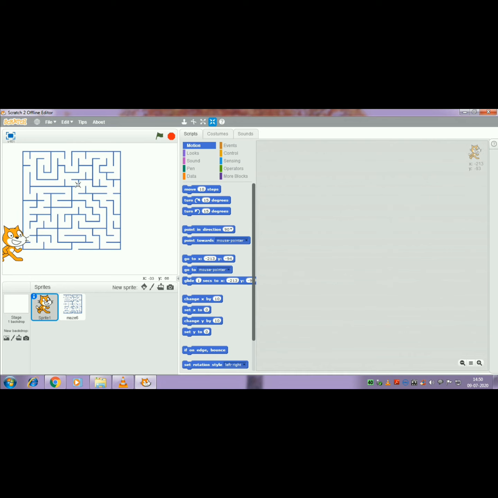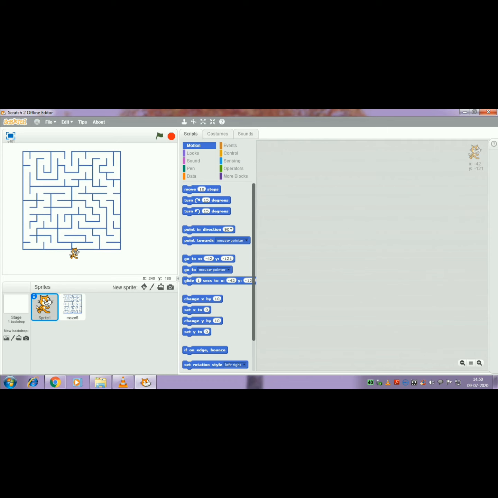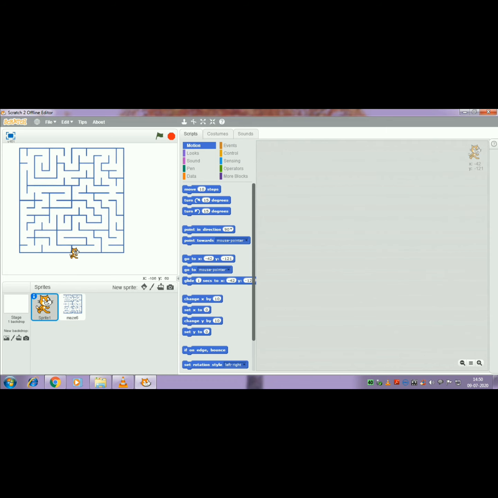Now we will move the cat out of the way. The cat is too big for this maze, so we have to grab the shrink tool and then click several times on this cat to shrink it down.